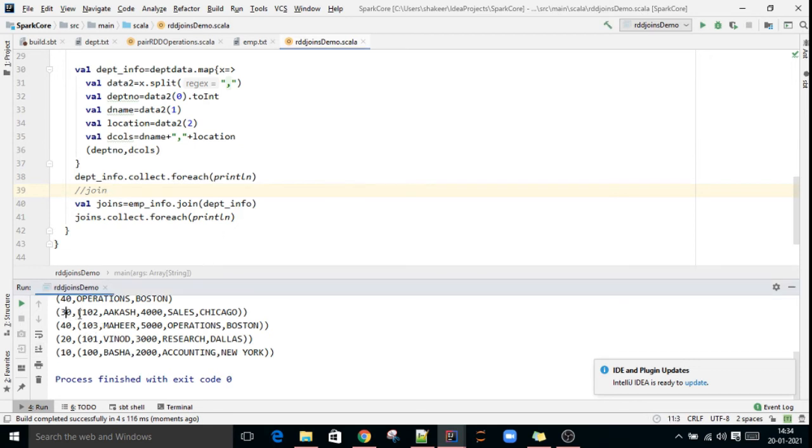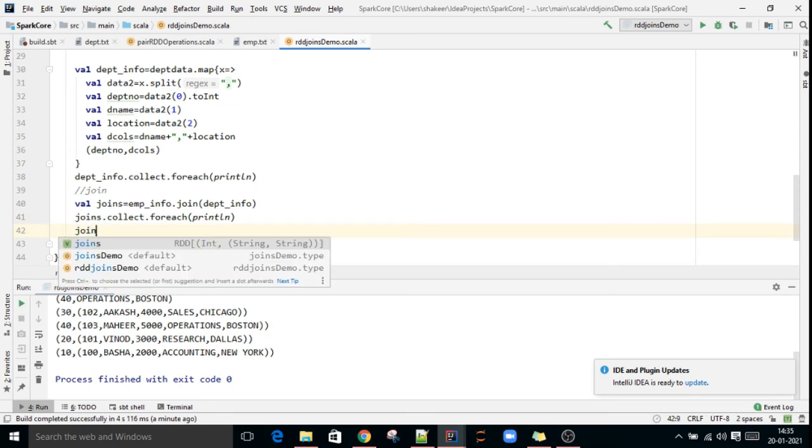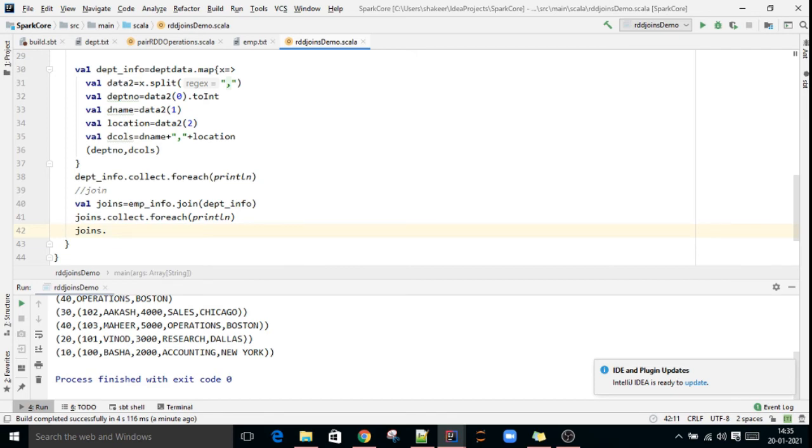Department number, employee name, salary, department name, location. This is our required output, right? This is in the form of key value pairs, key value again. If you want to save this final output as a file, what do we have to do? joins.saveAsTextFile.